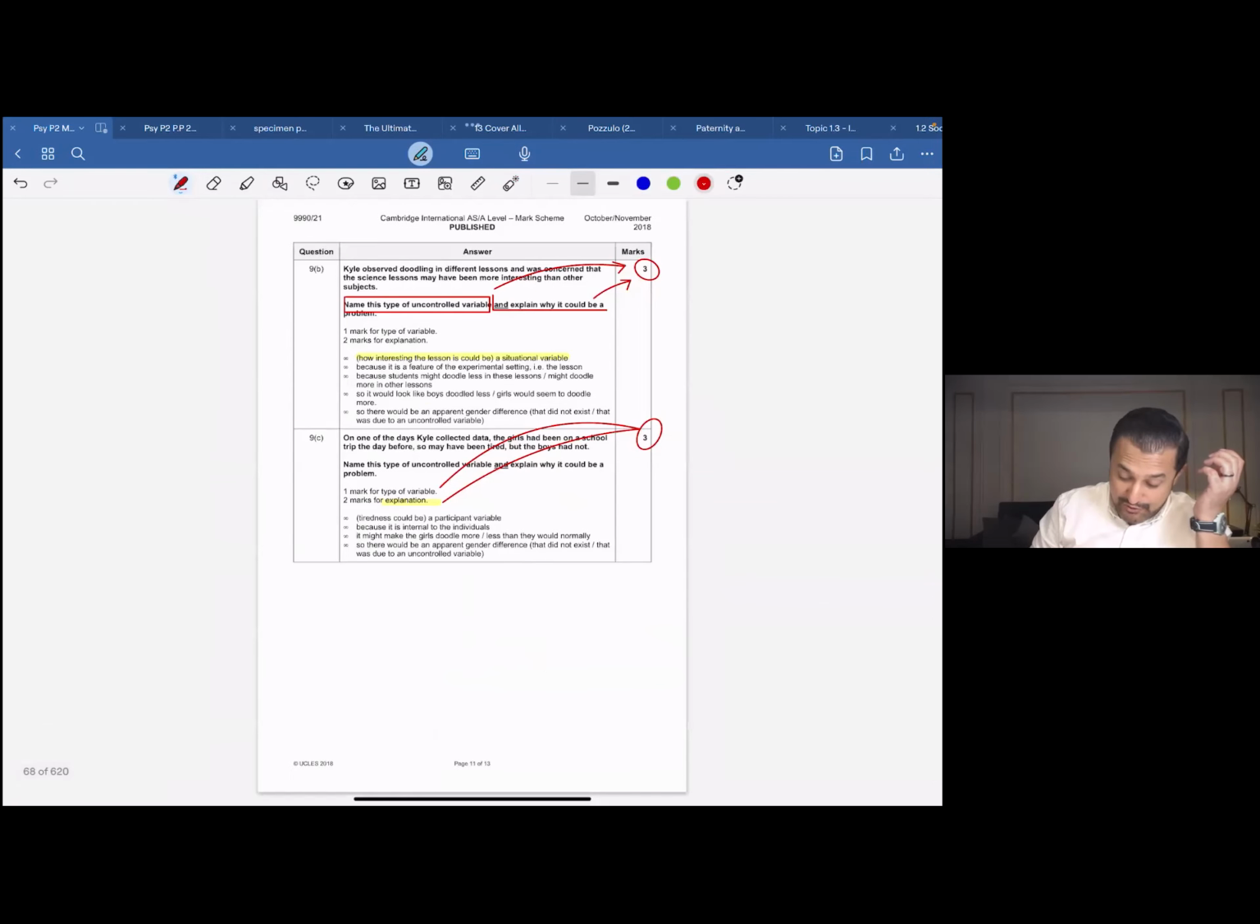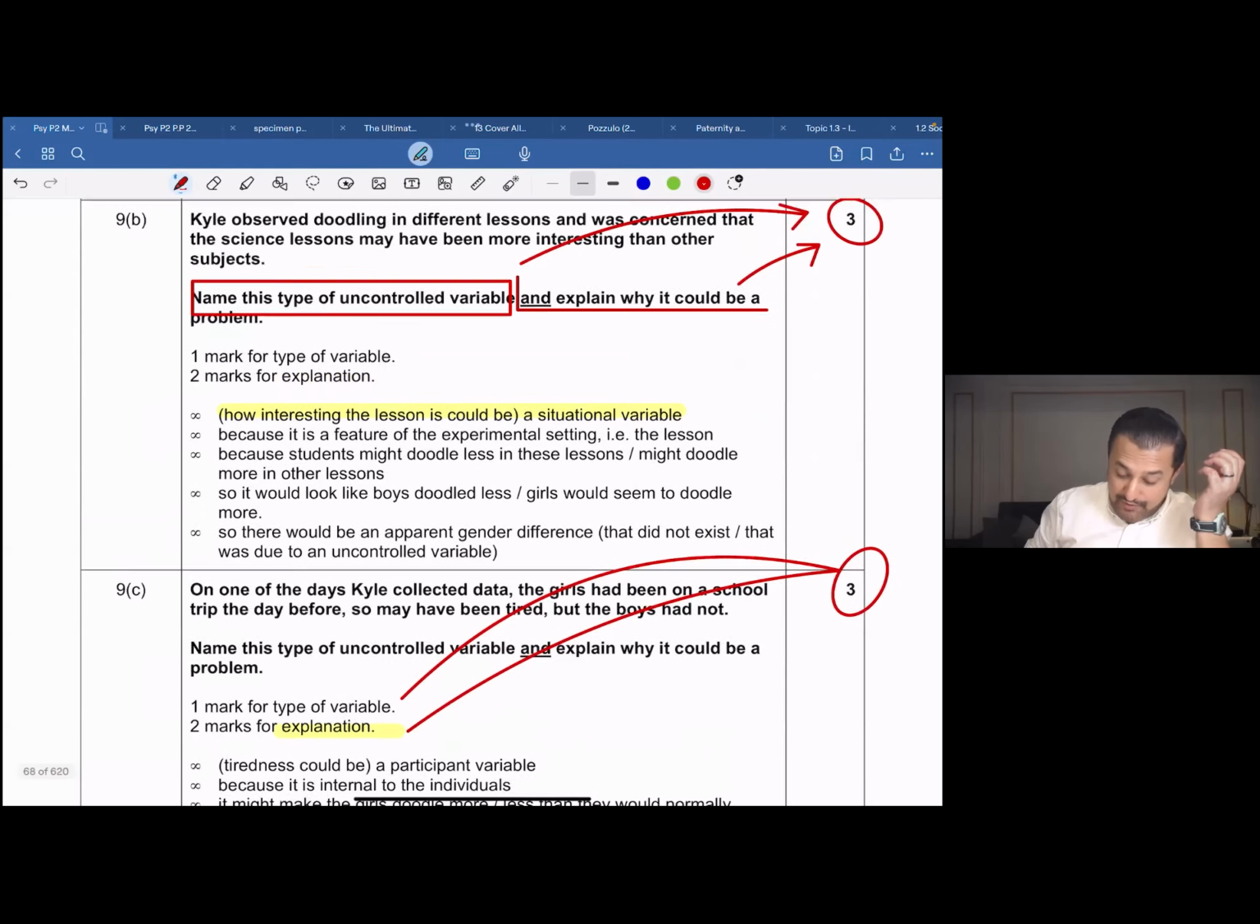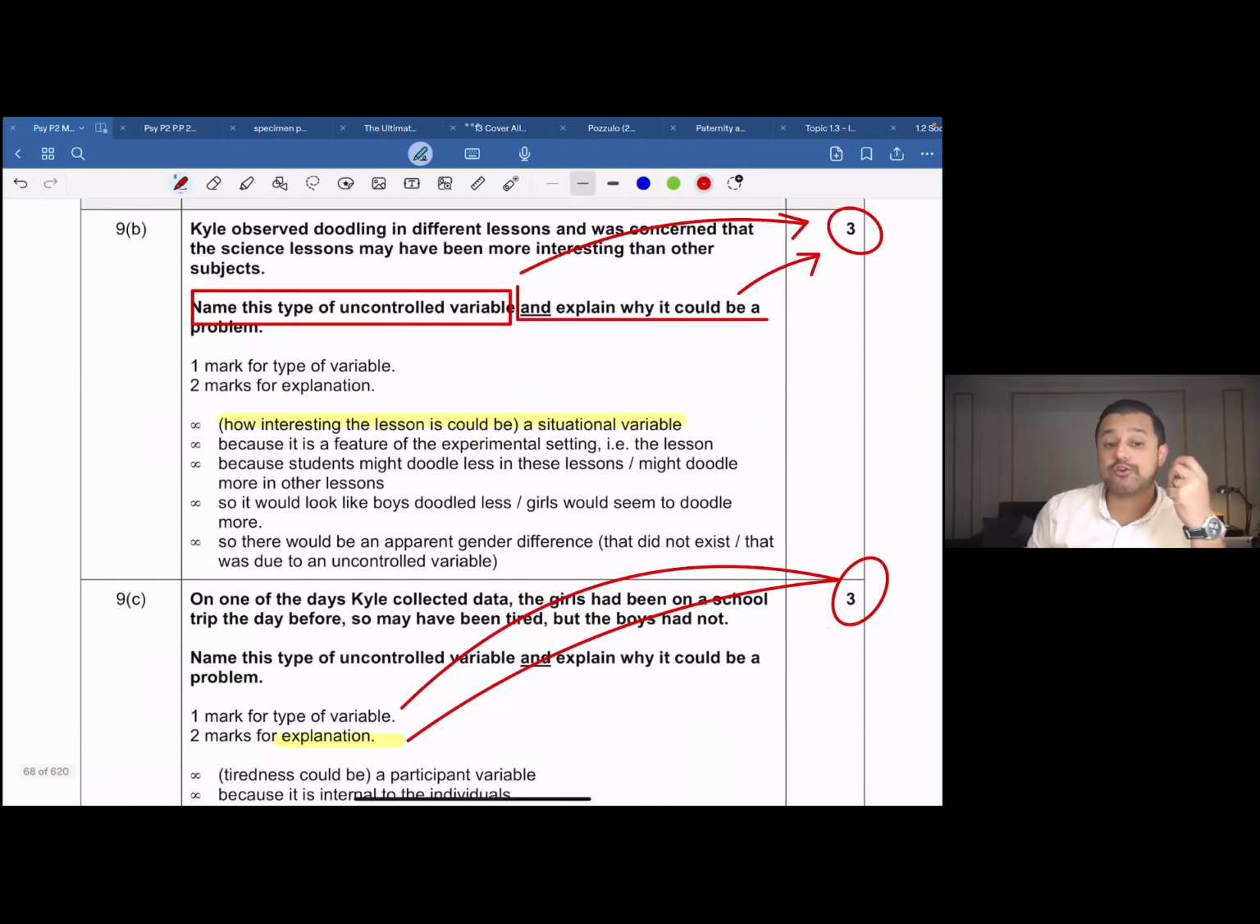Taking this ahead, getting to the question, name this type of uncontrollable variable and explain why it could be a problem, right? So Kyle observed doodling in different lessons and was concerned that science lessons may have been more interesting than other subjects, right? Typically, the general impression that we hold is, we doodle when we are bored, right? So we would be doodling in non-science classes, according to this. So how interesting the lesson is could be a situational variable